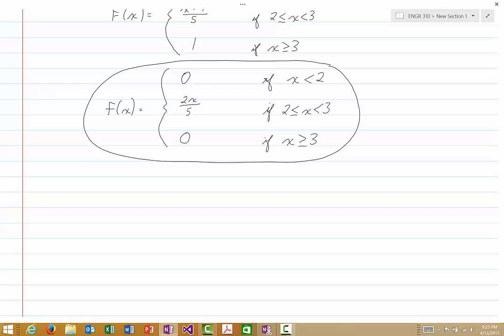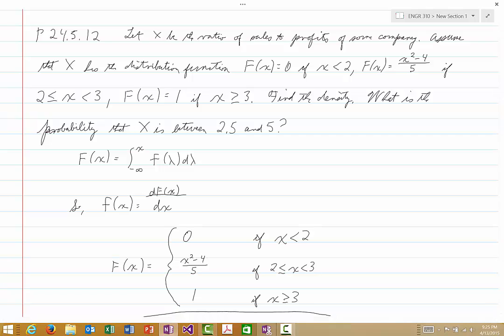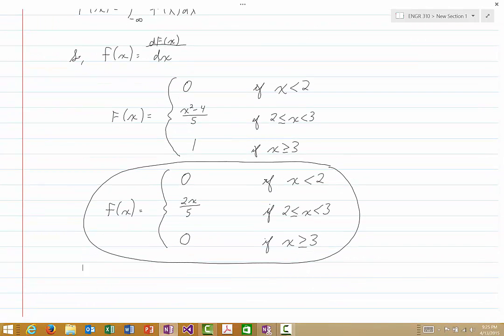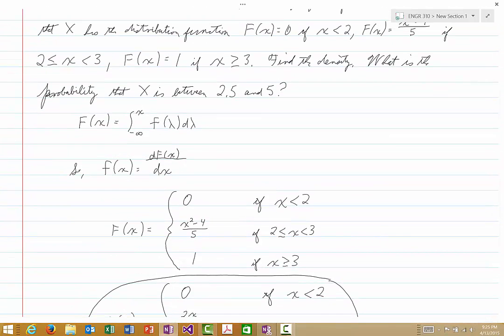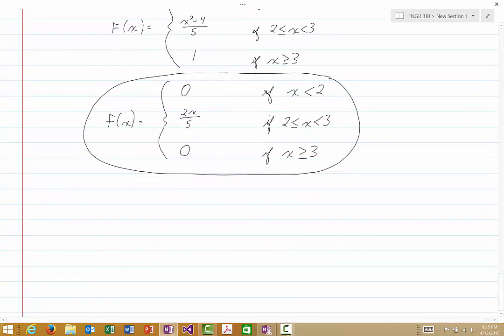And now to answer the second part, we could do this in a couple of ways. Let me remind you, the second part of the question is, what is the probability that x is between 2.5 and 5? One way of doing this would be to take this density function that we have just derived and integrate it from 2.5 to 5. But an even easier way to do it is the following. So the probability that x is between 2.5 and 5,